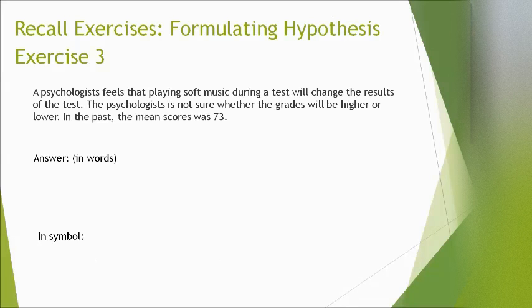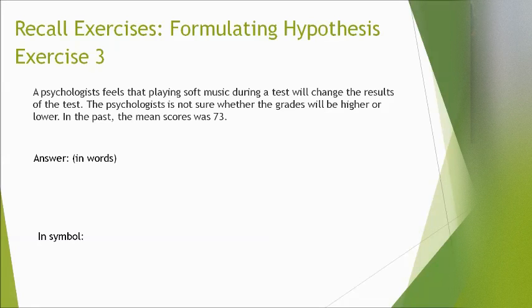So let's try to look for the keyword. Okay, trying to look for the given keyword in the worded problem. So it is higher or lower, meaning to say or, not sure. Okay, it could be true or false. So since this is the given keyword, higher or lower, not sure, we can now use the not equal sign, meaning the two-tailed test. So just converting the given problem or formulating the hypothesis in words.